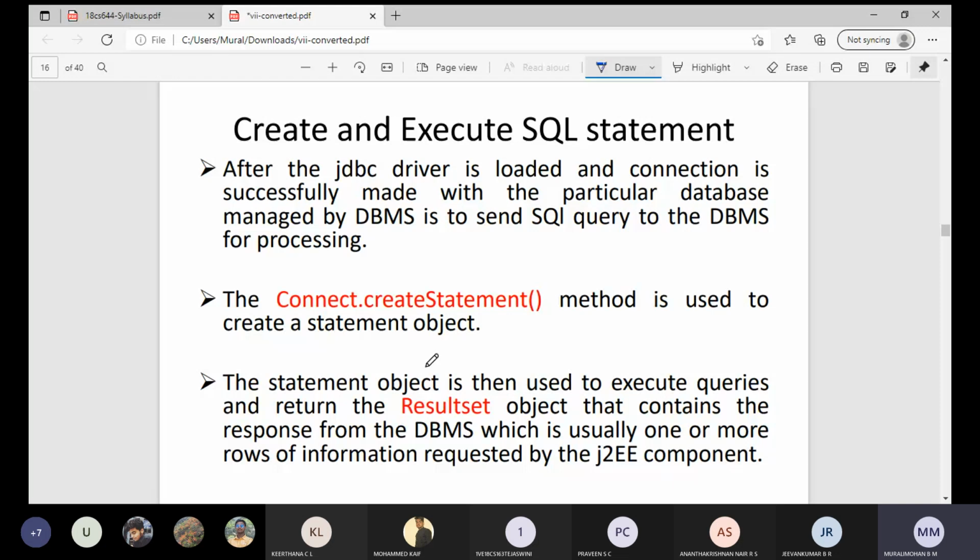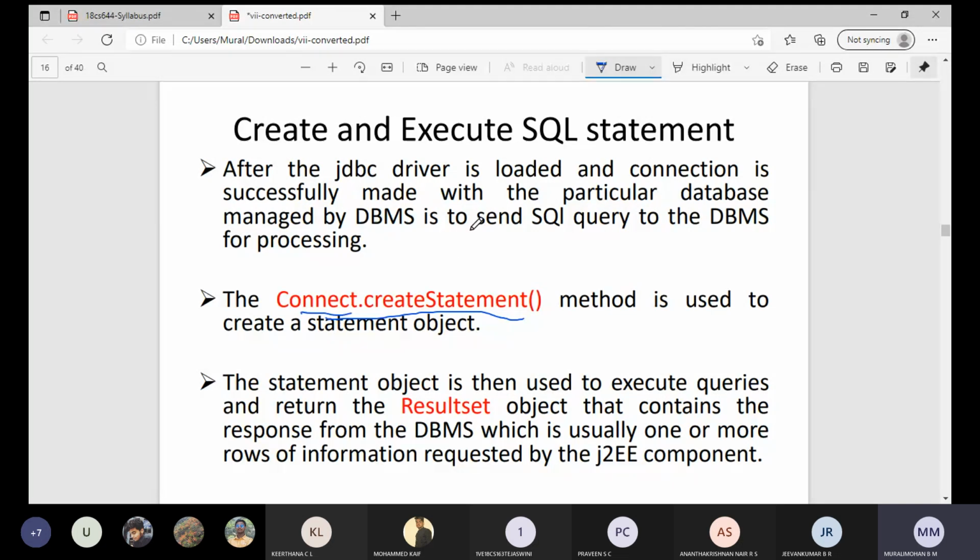Now to create the statement object, we are using the connection object's createStatement method. This connection is the object we have taken. For example, here we have taken CON or DB.